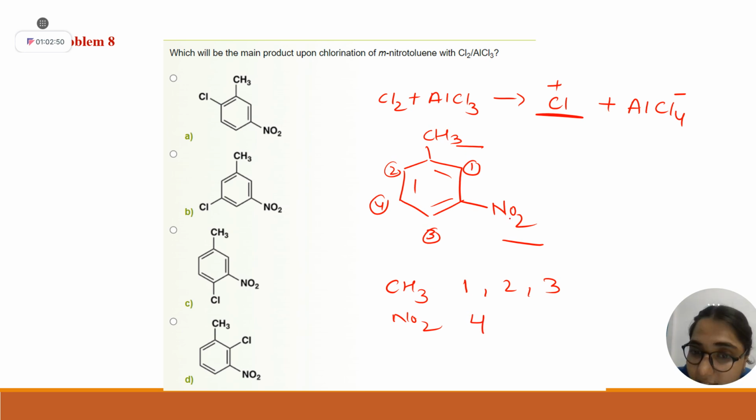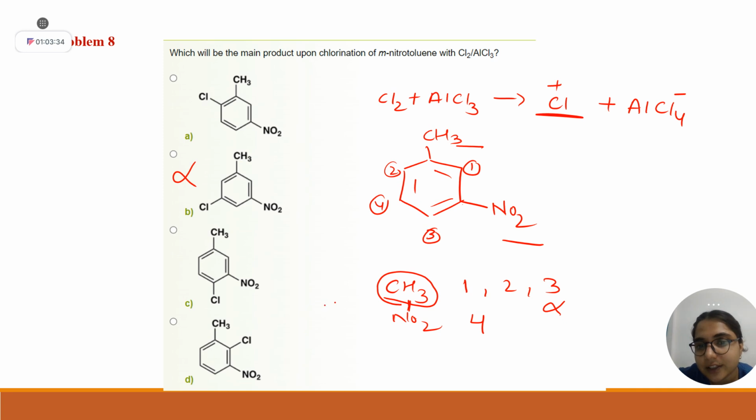Because nitro is meta directing. Meta directing means 1, 3, then 4. One thing is clear, there is no match between these two groups. So now we will give consideration only to methyl. Now there are two possibilities, position number 3 and 1 or 2. Where will it attack? Any guesses? One thing is clear, at carbon number 4 it will not substitute. So option number B is deleted.